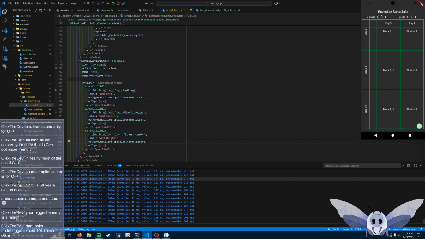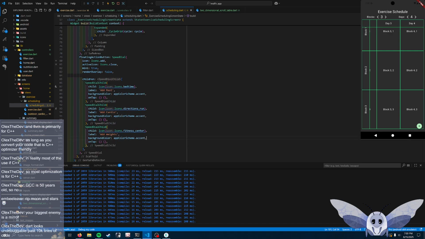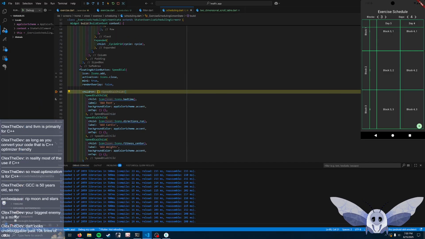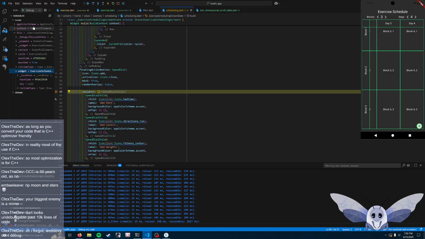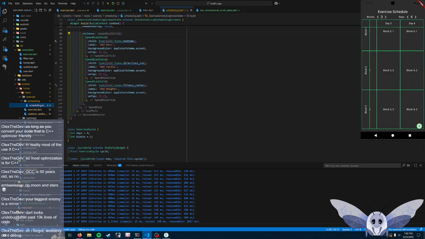Quite a strong disagree with you on there, Olex. I love debugging in Dart, actually. I think it's very easy. And the debugger itself is actually really nice because you can actually properly get all the things. At least I know when I work in Rust, half of this is like variable has been optimized out or just gives me like a memory index. It could be my fault, but